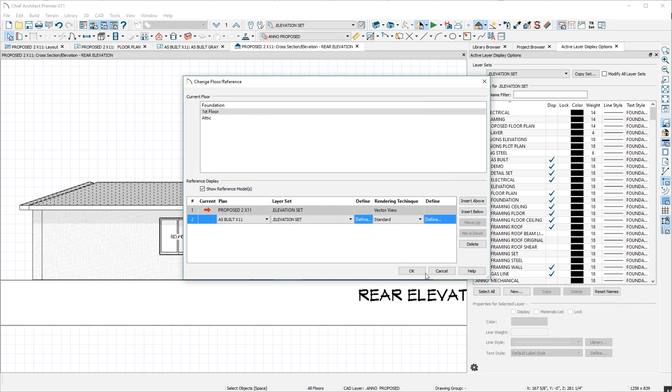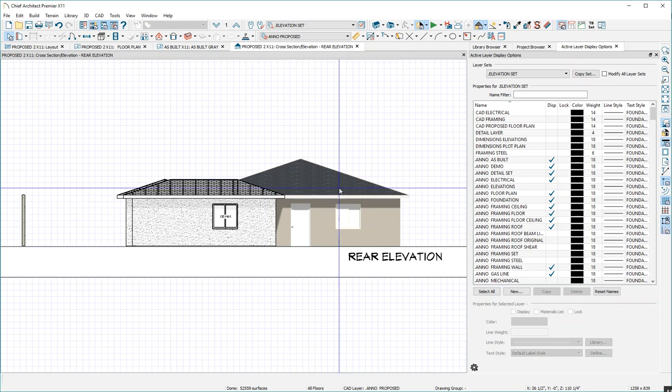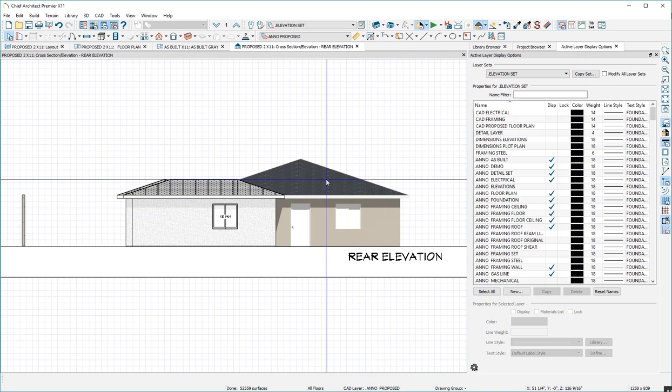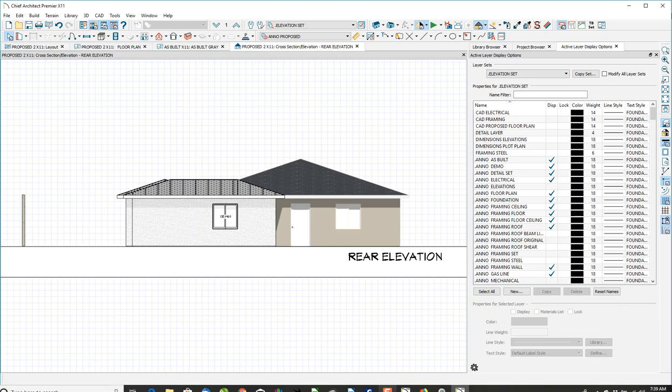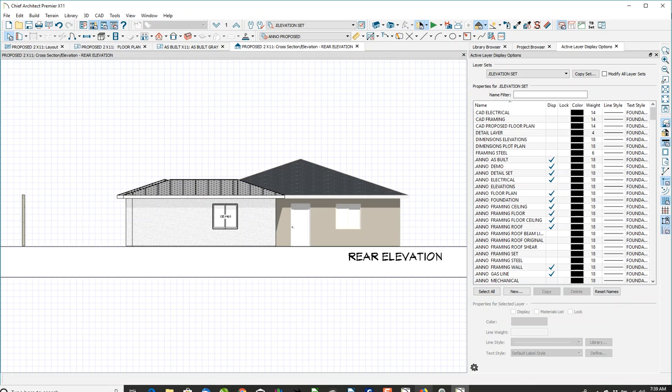But there's another benefit to this, that you can reference your elevations too. So there's the existing house, and here's the new. And like I say, I would have it set up exactly the opposite. But that's another way to do this, perhaps. I can't figure